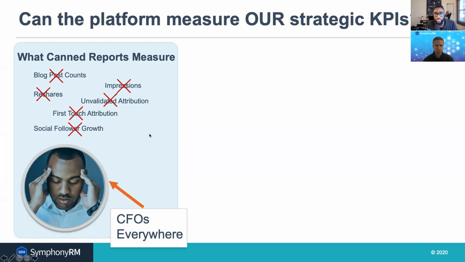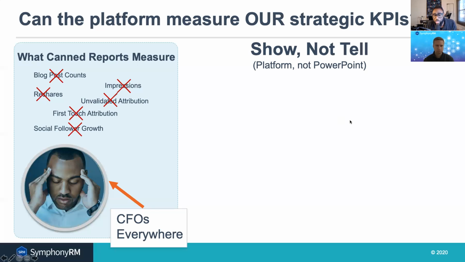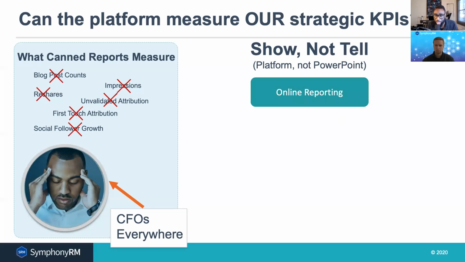So the first question that we should be asking is, how do we know that a certain platform can track with our strategic goals? In this case, we have to take a show, not tell approach. We have to push our partners, push our vendors, ask the tough questions, build out the tough scenarios where they have to demonstrate that reporting is online in a real-time manner, online accessible with consistent results and consistent metrics, versus the kinds of cherry picking.